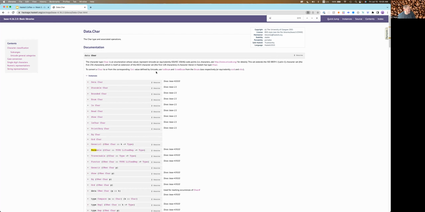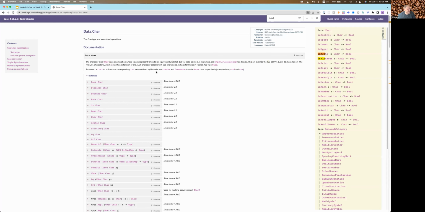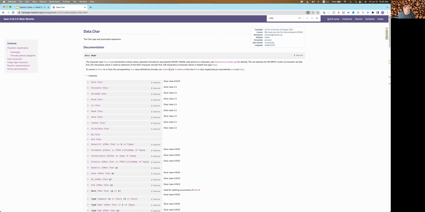So maybe there's isAlpha, and you look and there's isAlphaNum, isPrint, isDigit, isOctDigit, blah blah blah, isLetter, isMark, isNumber, all these is functions. So if we go and look at isAlpha,